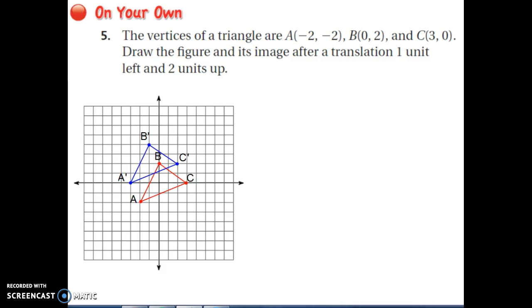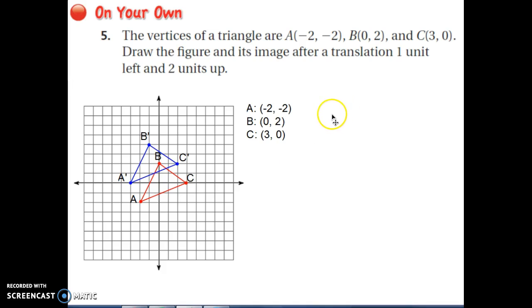So your 2 triangles should be as I have here on my graph. The red is your original, and that's noted by the A, B, and C with no dashes, just plain letters, while the blue is your new triangle, and we know that because we have those little prime dashes above each of the letters. So my original coordinates, A is negative 2, 2, B is 0, 2, and C is 3,